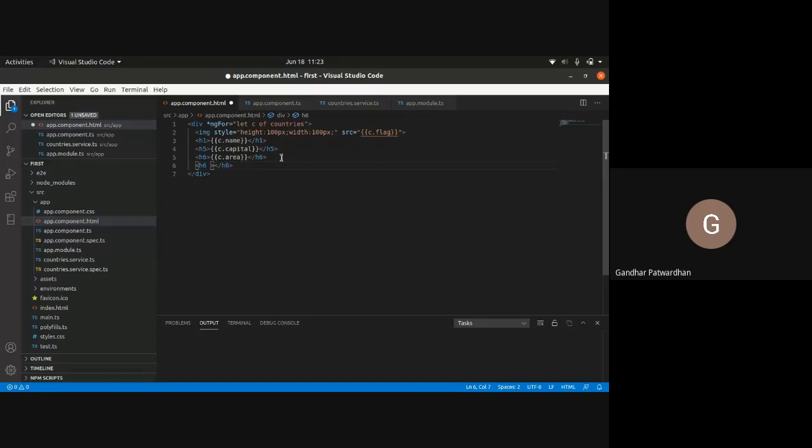In this h6, I will give a span. In span, I would say star ngFor equals to let L of C dot languages. Since this languages is present inside that object and it is an array, I am again iterating it using an ngFor.